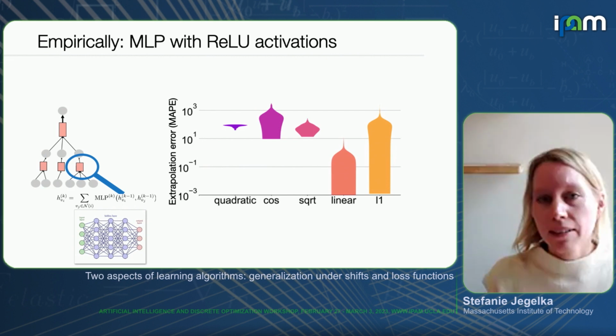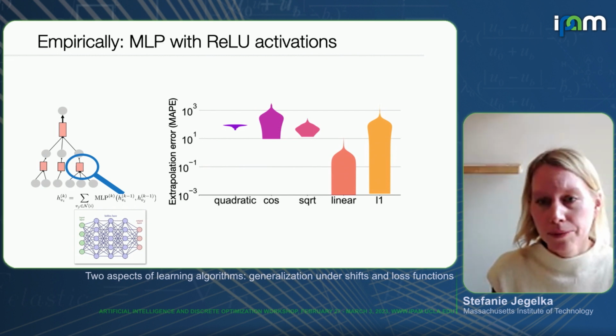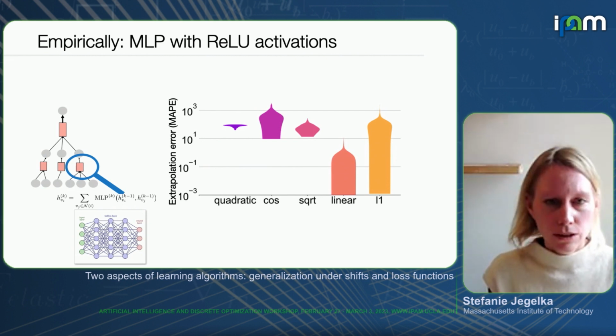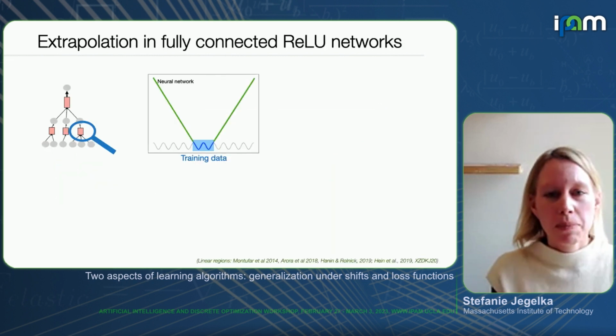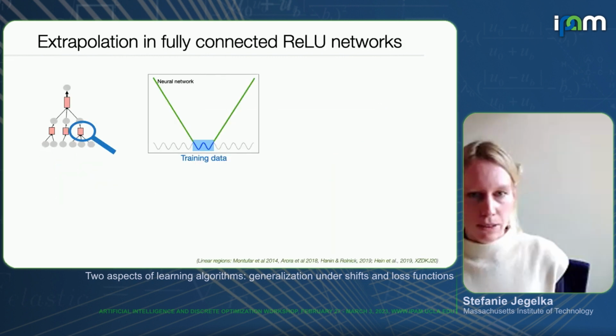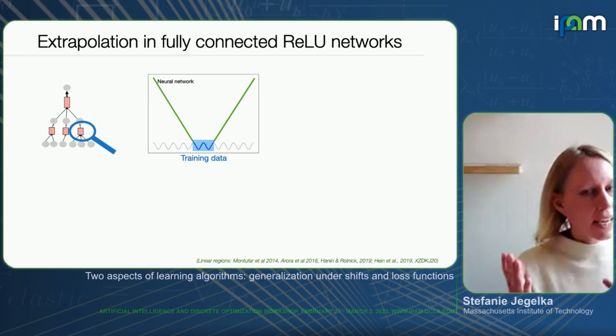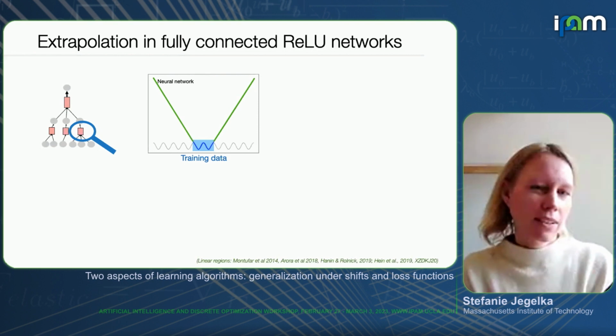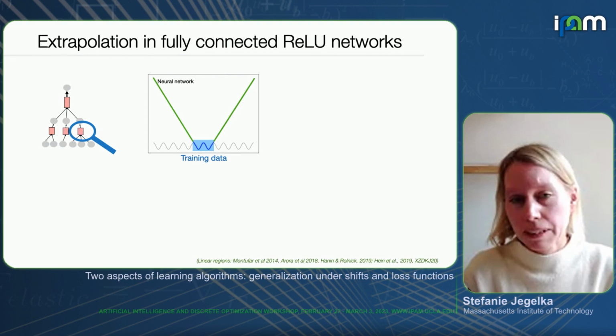This has to do with the fact that this is a ReLU neural network. So what is actually going on here? Here's the picture of what is going on. Going back to my regression model, where I have the training data and the model fit, these are simple functions, so it's going to fit them very well.